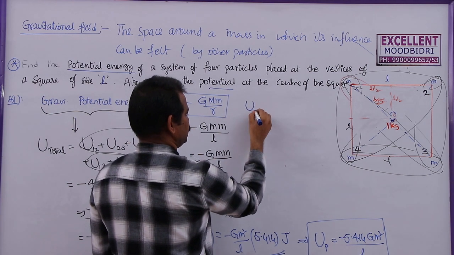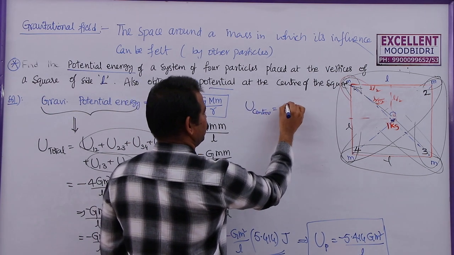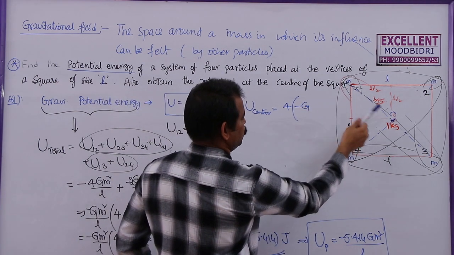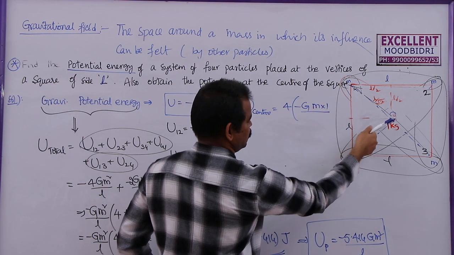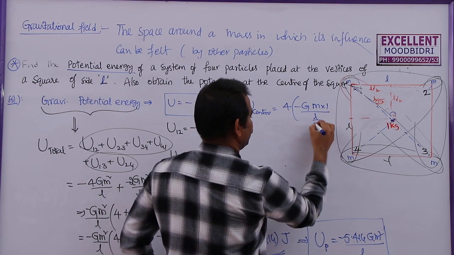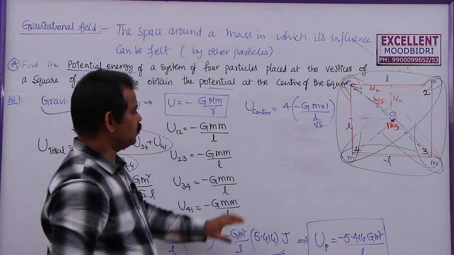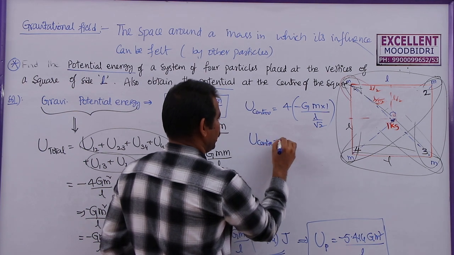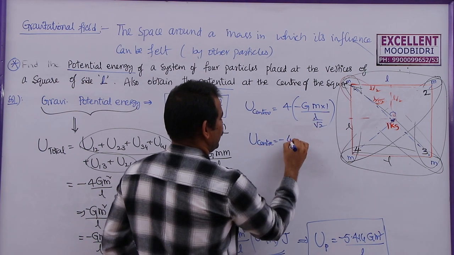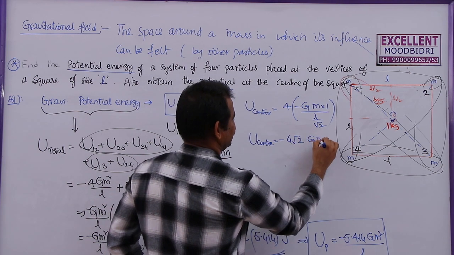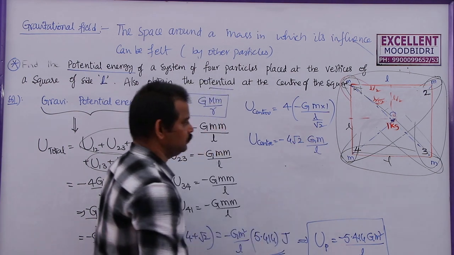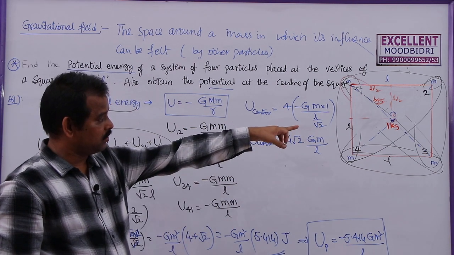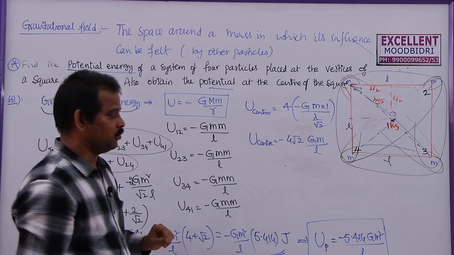So, I am not going to consider these two masses, these two pairs. Only the first pair, second pair, third pair, fourth pair. So, the total potential energy at the center is given by 4 times minus capital G, product of the masses, m into 1, because this is a unit mass, and distance is L by root 2. This is the total potential at the center. Now, this can be written as minus 4 root 2 Gm by L. So, this is the total potential energy of the particle placed at the center whose mass is equal to unit mass 1 kg.